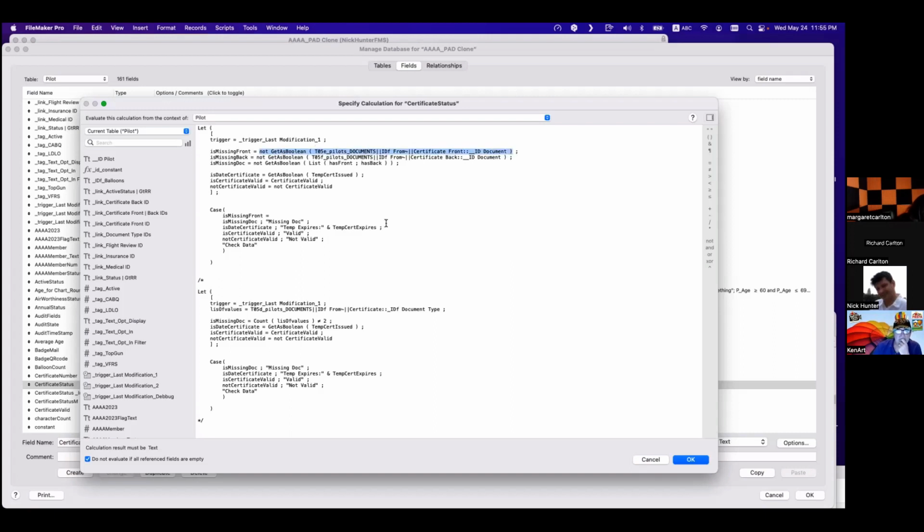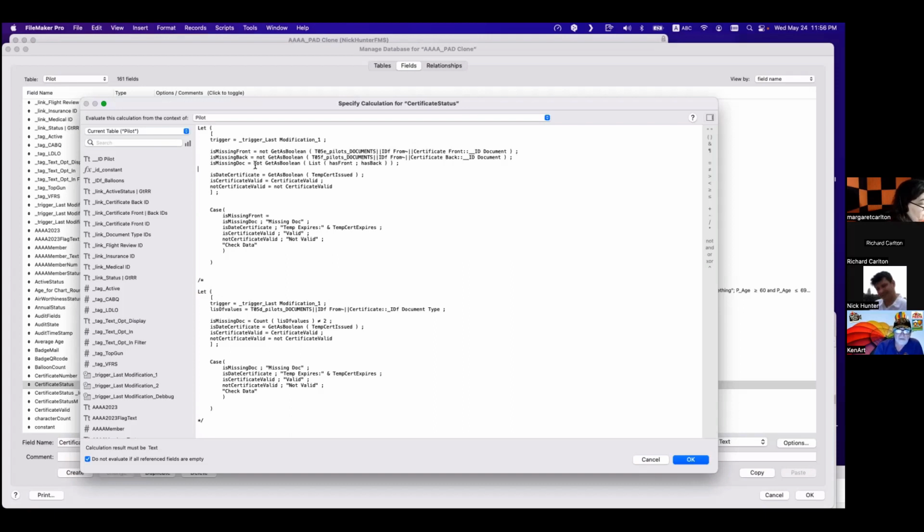I know it's voodoo, but I want to know when this is empty. That's exactly why the name of the statement is important. Is missing front, is missing back. I want to say yes or no, yes or no, yes or no, right?